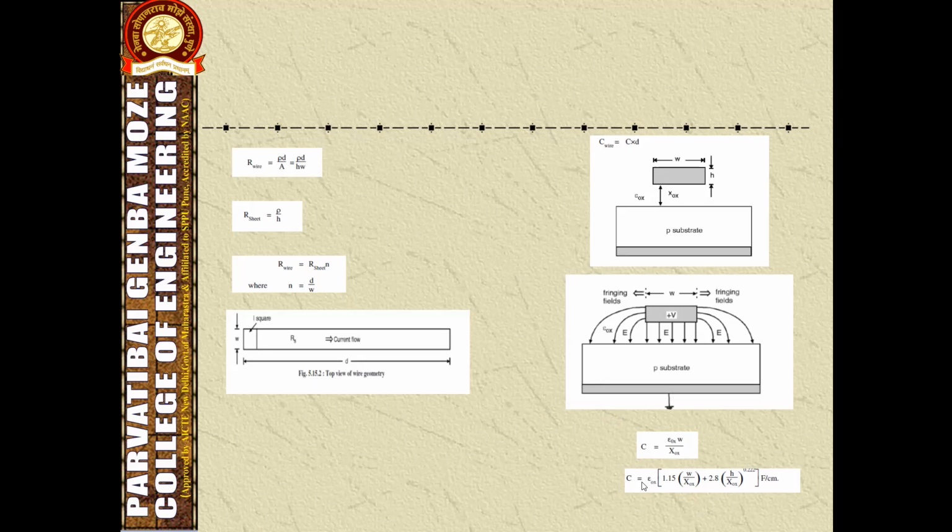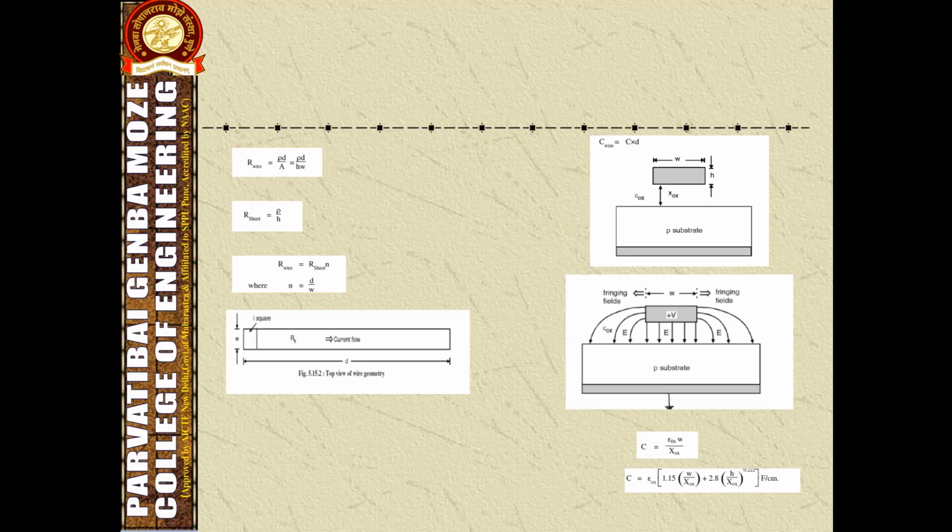C equal to epsilon naught x W by x OX. The unit of the above equation is F per centimeter. However, since this formula ignores the fringing electric field at the edges, the modified equation of the